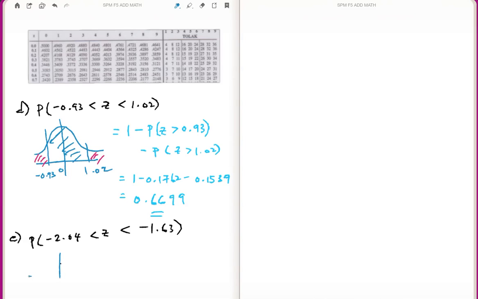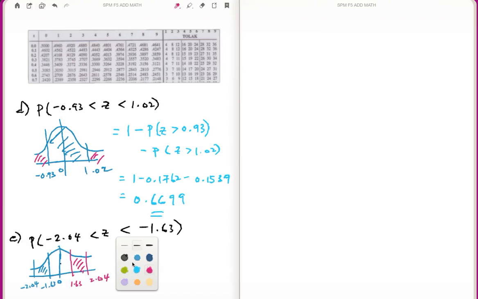Now, if it is negative, then again you need a bell curve, 0 in between, negative and negative. So I think this is the first negative, 1.63. The second negative will be further, 2.04. They look for in between. Here, the tricky part is you can't really find this. What you can do, you mirror it off the center and bring it over the right hand side. So 1.63 is here, 2.04 is here. This region is supposed to be the same because it's